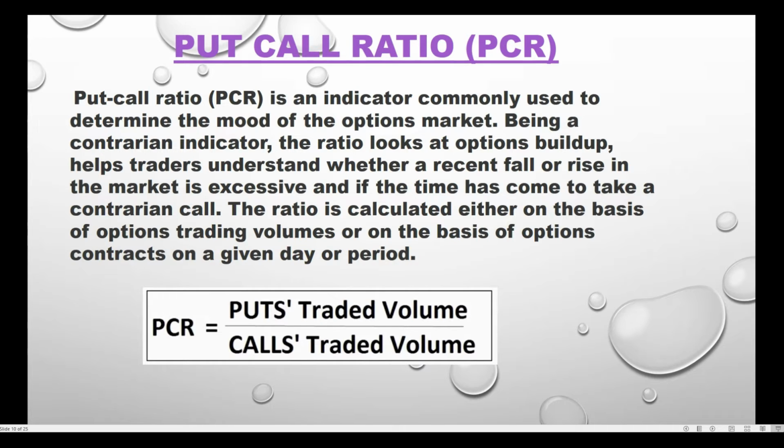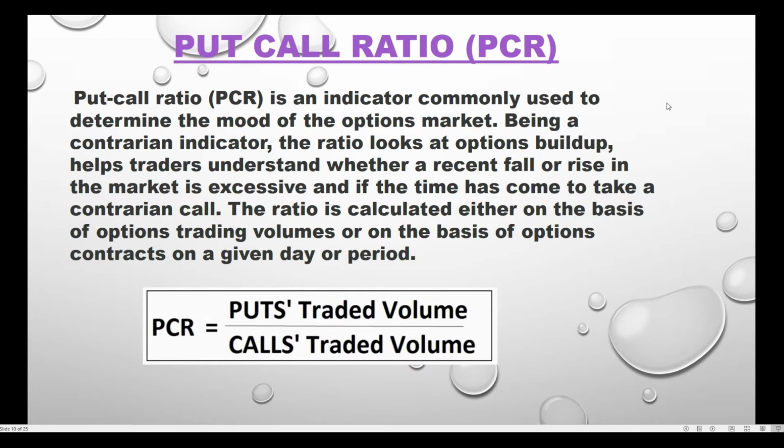Now we'll understand how to interpret the values which we got, because it's one of the very good indicators when compared to chart indicators. It's an indicator where we get to know how much the market is oversold or overbought, and at what PCR level we can expect a pullback or a reversal. These things are used commonly nowadays. How to interpret the value?